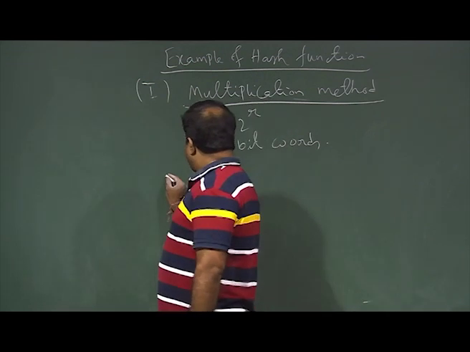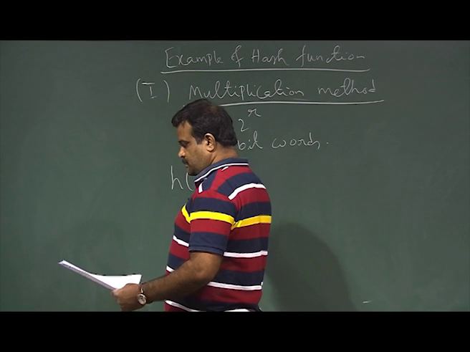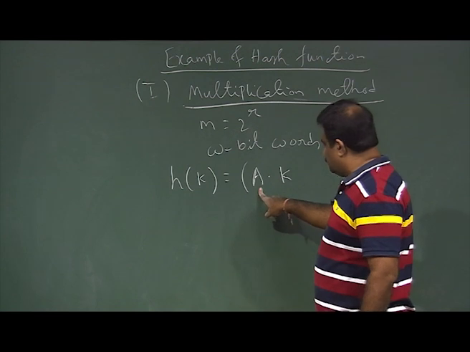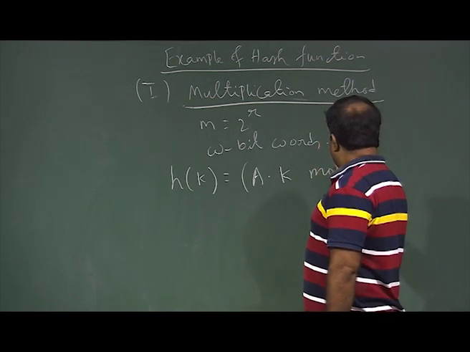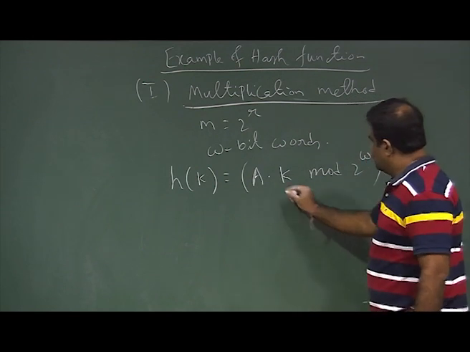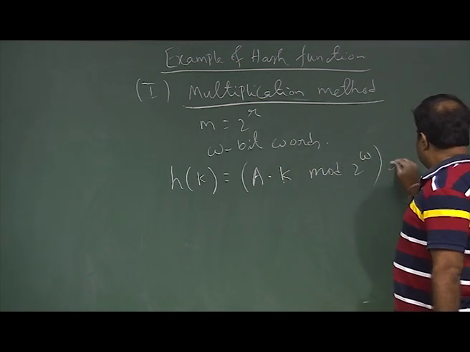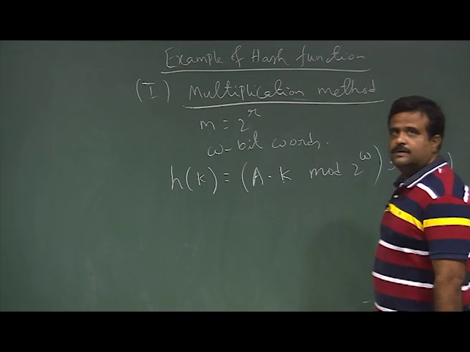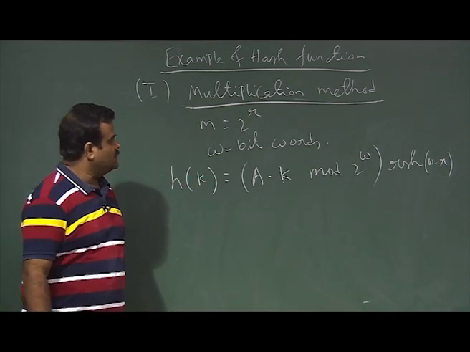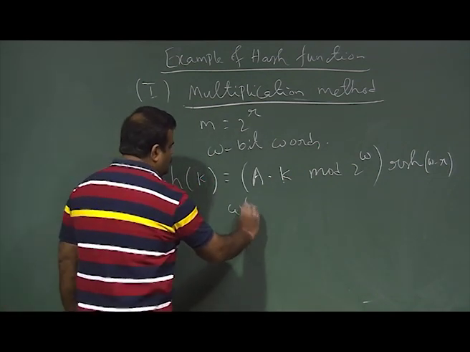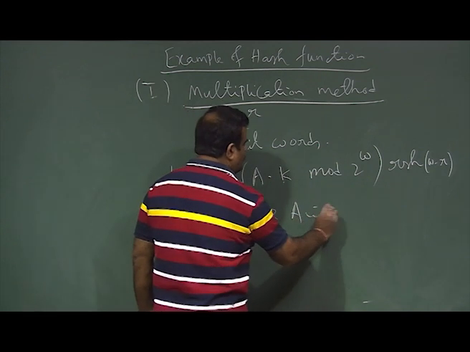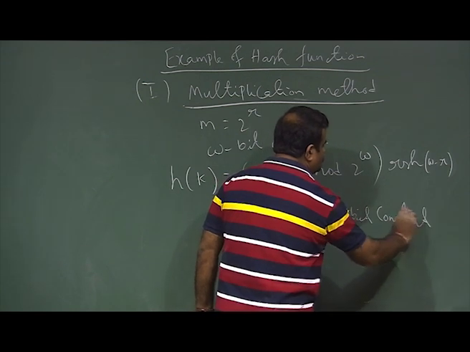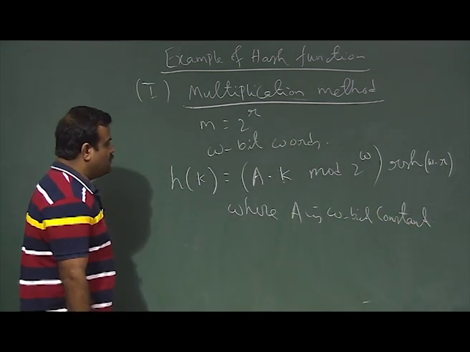So, h of k is basically a into k, where a is a constant again of w bit, and we take that mod 2 to the power w, and then right shift w minus r times. So, where a is a w bit constant. So, if our computer is 64 bit, we choose a 64 bit constant a,